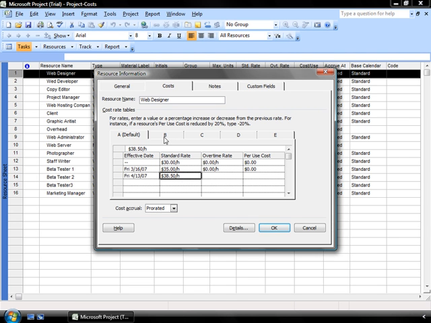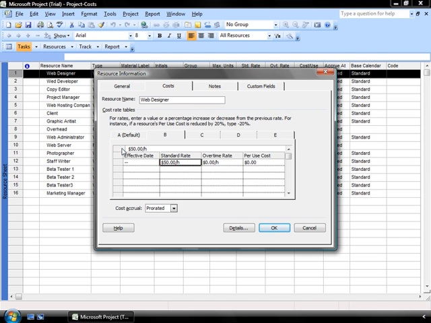So I have 5 different tabs available for me. I click over to tab B, and I put in an effective default rate for his presentation abilities at $50. So when he's working for me in more of a management capability, I'm going to increase his rate and I'm going to pay him $50 an hour for doing that.